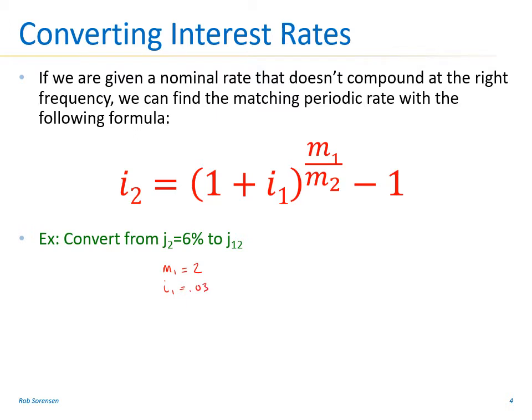On the one I'm trying to find out, well, that one has to go 12 times a year to match my monthly payments, and I don't know the I2 yet, do I? So let's go ahead and plug the numbers into the formula. We have 1.03 going from semi-annual to monthly, 2 over 12, take away 1. And that's